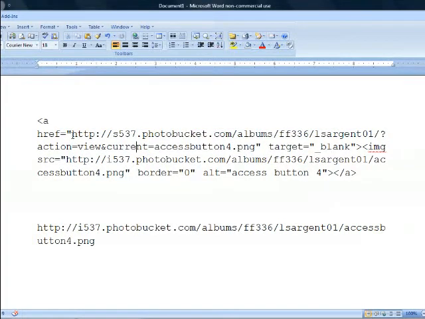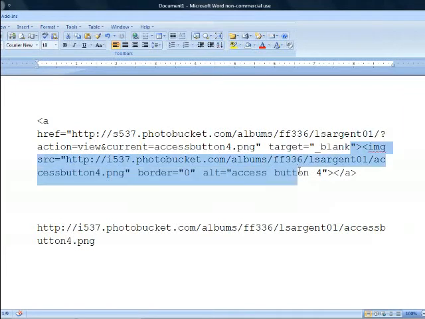So the first thing you're going to want to make sure is, let's say if you wanted to go to a particular page, everything within the parentheses, instead of it going to the link for the hosted image, you're just going to enter in the HTTP URL web address to wherever you're wanting to send it to. Okay, this little bit right here, I wouldn't worry about too much. That's basically just referencing that it's going to open up into a new window, so nothing to worry about there. And then everything from here